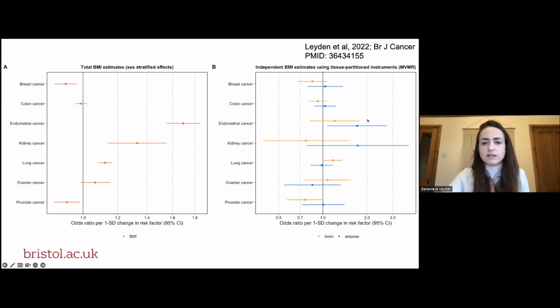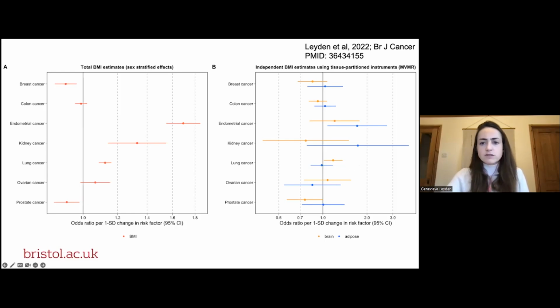Here, I'd just like to highlight a few examples. First, we can see that the positive effect of BMI on endometrial cancer is retained by adipose BMI, while the brain effect attenuates. Endometrial cancer is more strongly associated with obesity than any other type of cancer. The likely pathway towards progression is related to excess estrogen exposure and pro-inflammatory phenotypes. Adipose tissue is also a major source of mesenchymal stem cells. So it may be that we're capturing this particular adipogenic phenotype, which is more susceptible to inducing endometrial cancer.